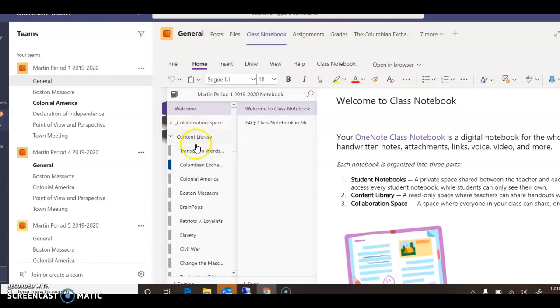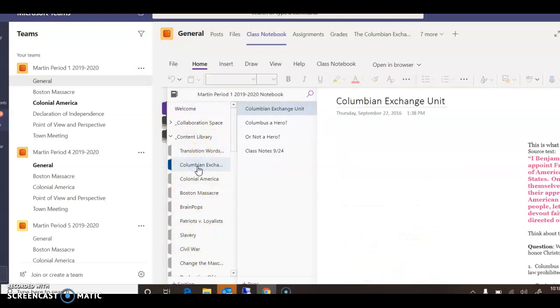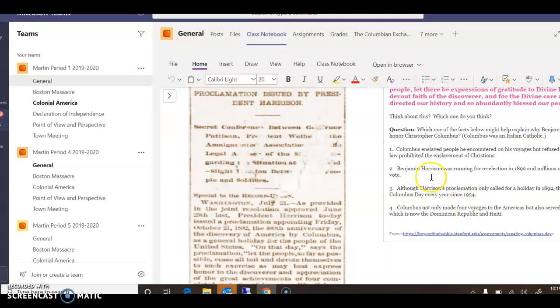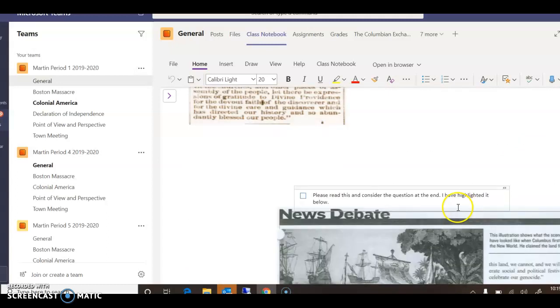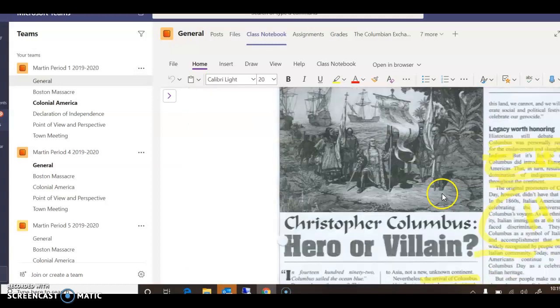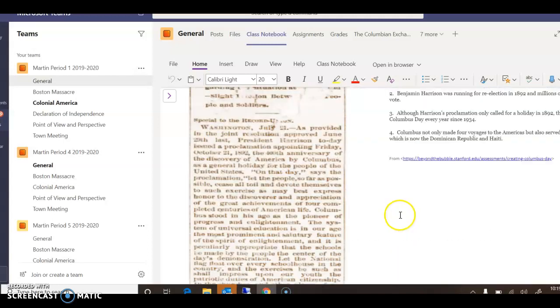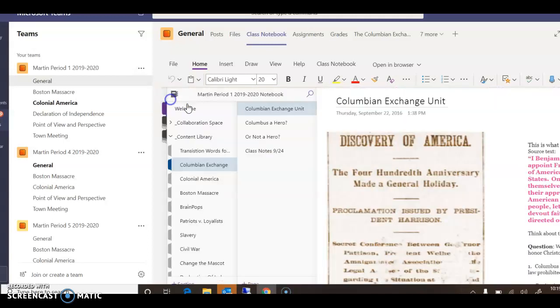So here's what I really like about the content library. Let's say this is a perfect example, the Columbian Exchange, right? I put this up on the board, we talk about it, we go through those questions, and then we answer them, we highlight together in class. Now, it's in the content library. It's not in each and every one of their binders. But what I love about this is that I can then right click on it and notice that I'm not getting a full